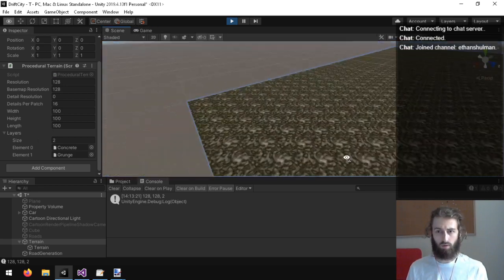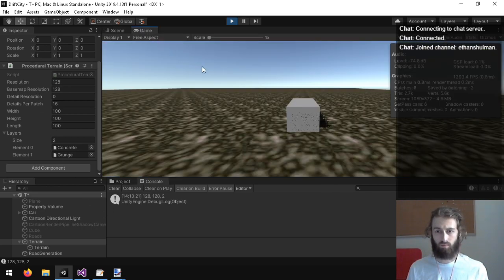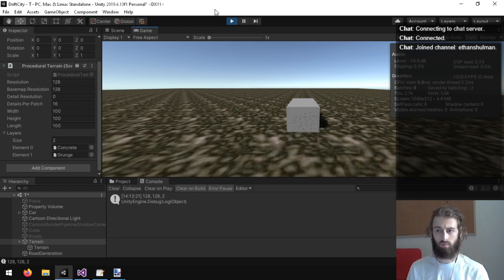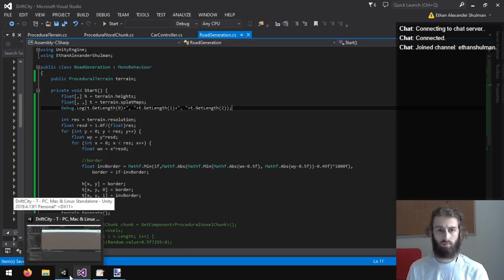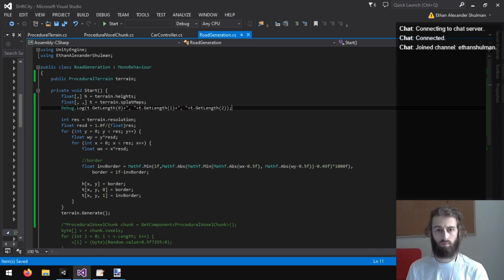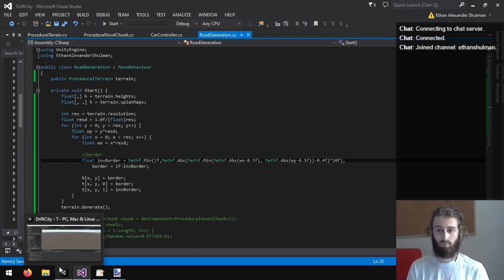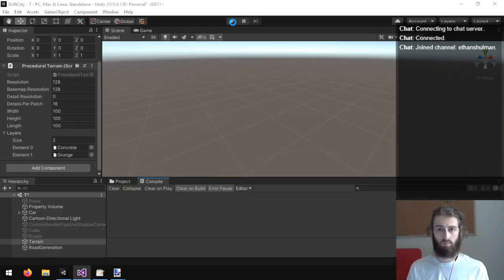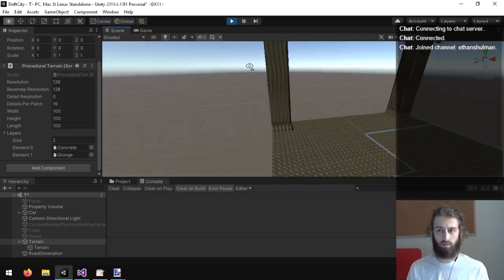There we go, looks like it worked. There's no border here, but... Oh, kind of.